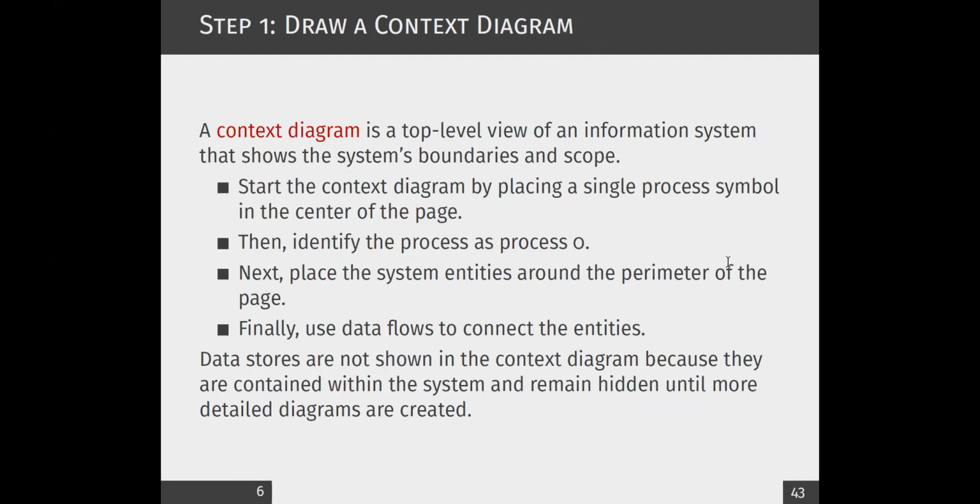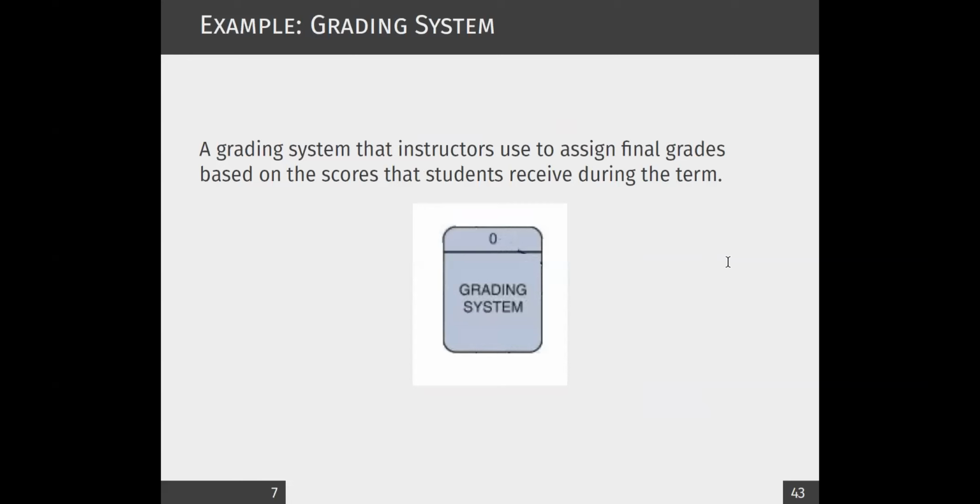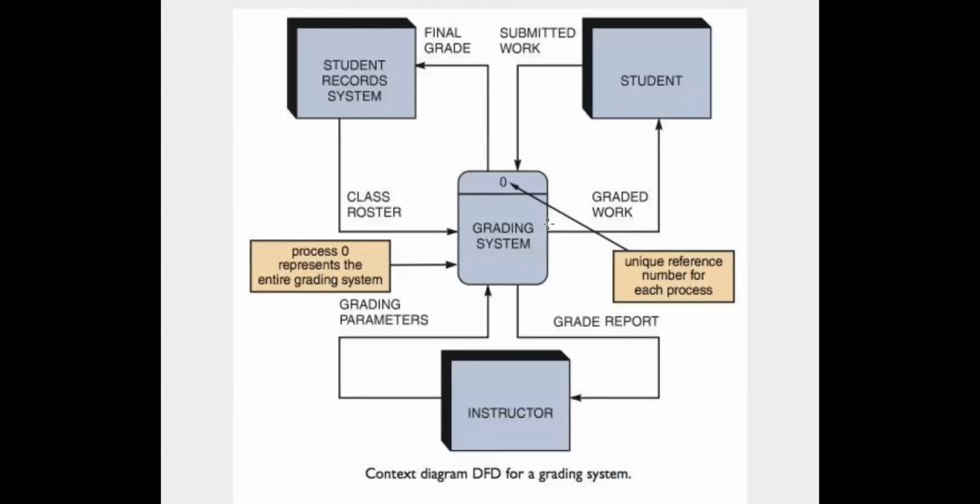The higher level, we call it context diagram. In context diagram, usually you will have a single process which represents your whole information system. And there is some numbering system also we use. So usually in the context diagram, the number we use is 0, which indicates that it's the topmost representation. And what you see usually in the topmost diagram is we have only one single